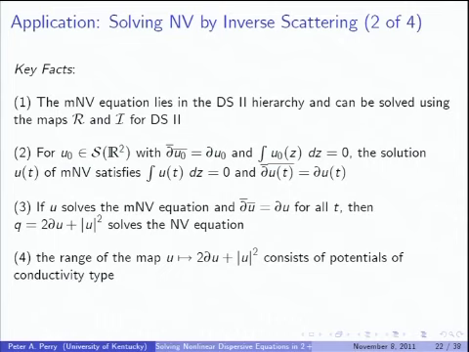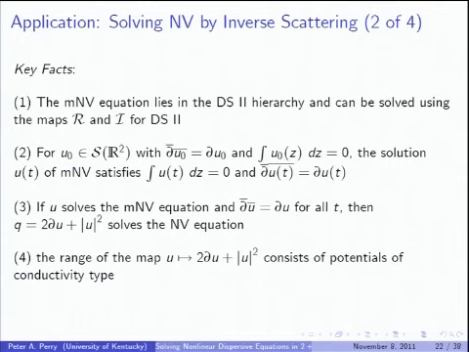Secondly, and I confess this caused me some pain to prove, if one takes Schwartz class initial data obeying this condition, and let me say right off what this condition is. It's a fancy way of saying if you write u as a function of u1 and u2, it's just saying that the vector (u1, u2) is curl free. It's therefore the gradient of a potential. Okay? So given such a u, and given this additional fact, then the solution u(t) of the modified Novikov-Veselov equation